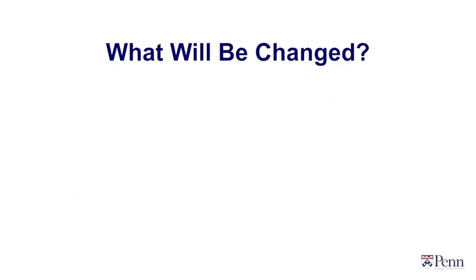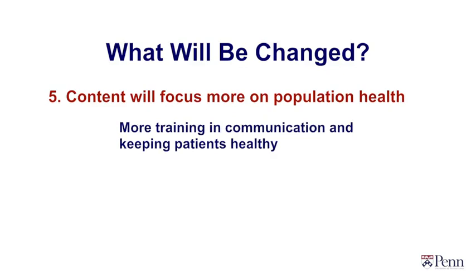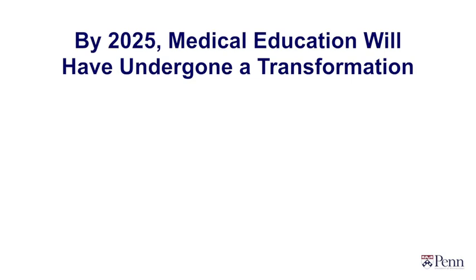And finally, there has to be more focus on population health. As we evolve to integrated delivery systems that are responsible for a population, the health teams will need to learn how to manage the population, how to proactively identify patients at risk, communicate with them, and monitor them much more carefully. So I think these elements are going to be necessary to transform how academic healthcare systems provide their medical